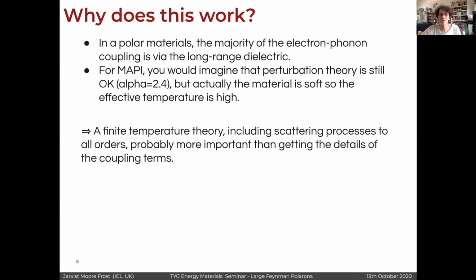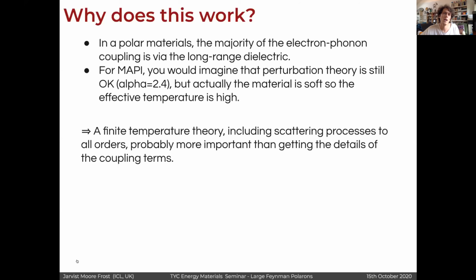And so why does this work? It seems like you kind of cheated, because you've done something that was very simple, didn't cost that much computationally, and yet it's given you a temperature dependent prediction of the mobility, with no empirical parameters, that agrees with reality. And so my answer is that in a polar material, the majority of the electron phonon coupling is going to be via this long range dielectric. So using this quite coarse method, you get 80 to 90%